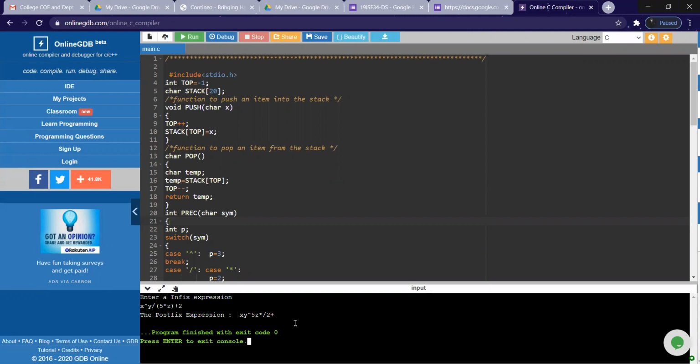So this is what your postfix expression is. As the exponent has higher precedence, you will first perform x power y. Then, as it is in parentheses, you will finish 5 into z, then divide, then 2, plus.